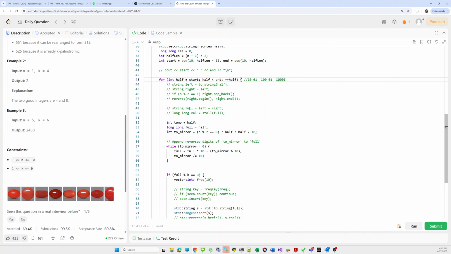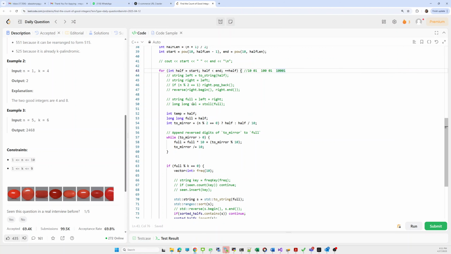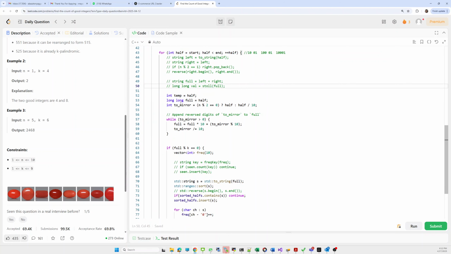Now that we have a palindrome string, we have to do the divisibility check. We convert the whole string into a long type, because it can have 10 digits. After that we check whether it is divisible by k.